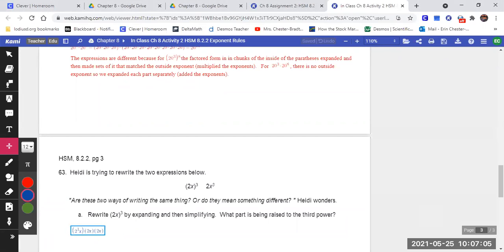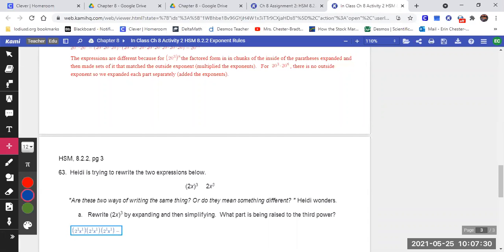2 to the first power. X to the first power. 2 to the first power. I'm going to go put my ones in there. Oops, that's not supposed to be a square. It's supposed to be a 1. Okay. Now, if we simplify this,